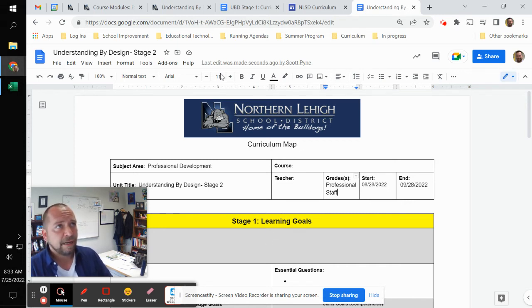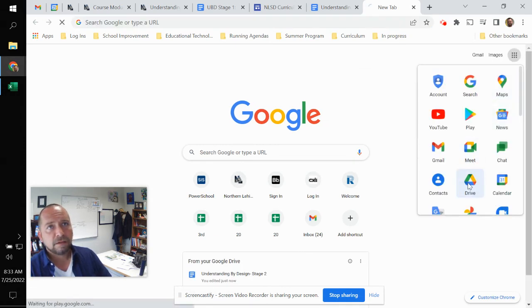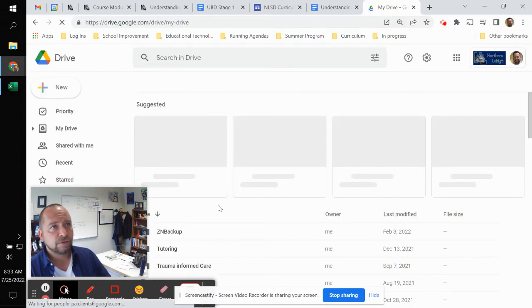What will end up happening here is I'll get an email saying that ownership of a document has been transferred over to me. This started as a document that you created, you made a copy of, you owned it. When you filled out that form, that transferred ownership over to a district drive. You still will maintain access to this document in your drive, and that I can probably bring up. So I'll open it up. If you went into your drive,